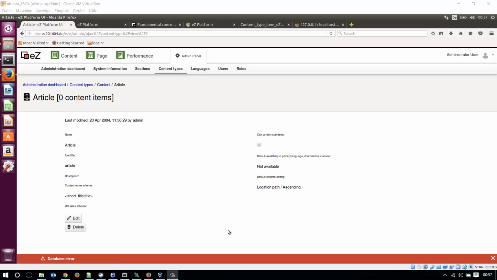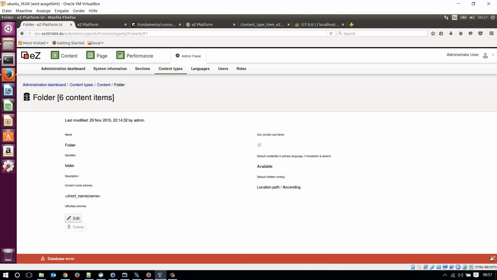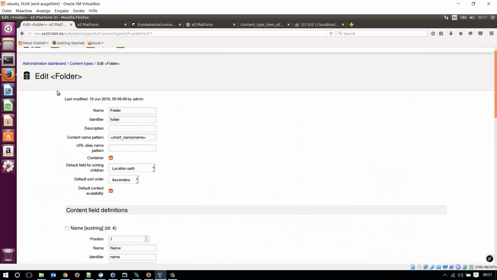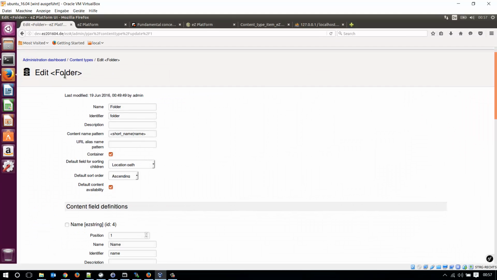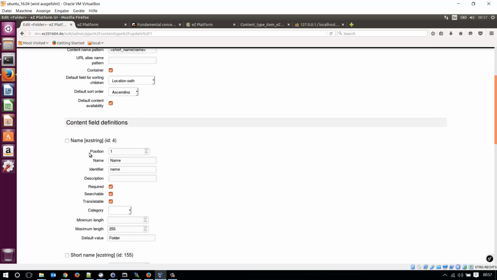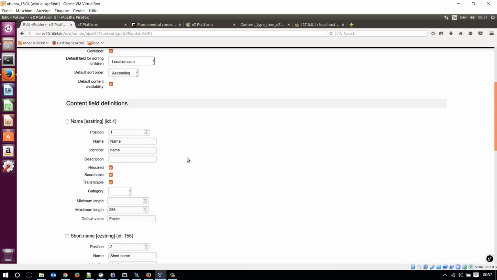I'm not sure what's happened here, but let's take a look at the folder content type. We know the folder content type from our first content, our home content, in eZ Platform. So we have here a set of fields defined for this content type, but let me first explain